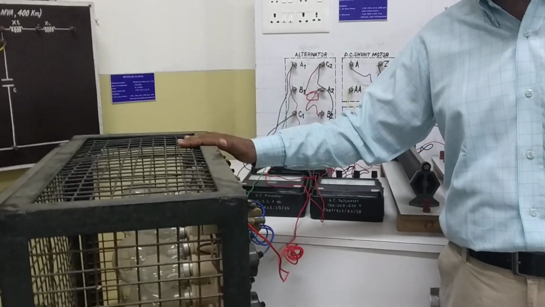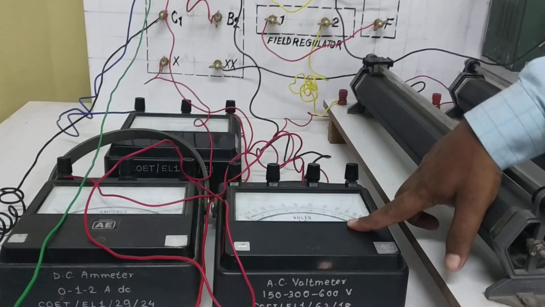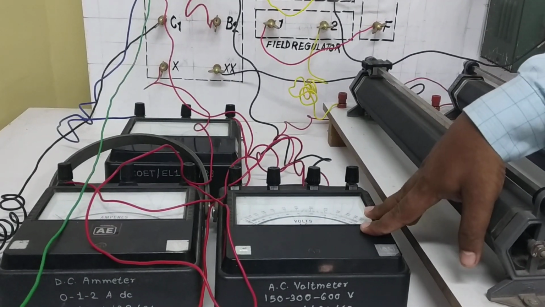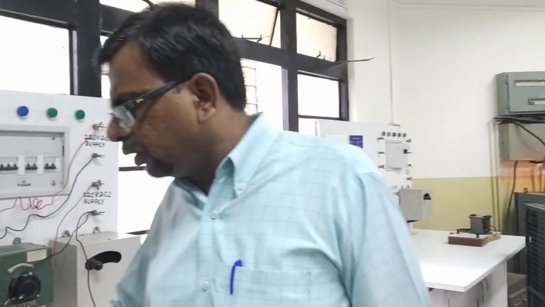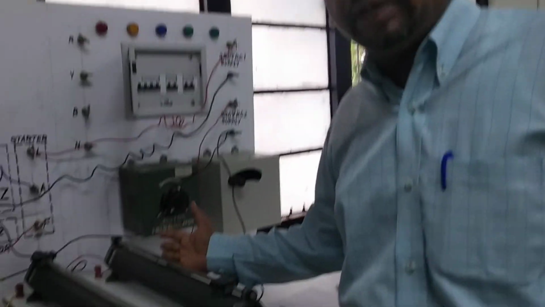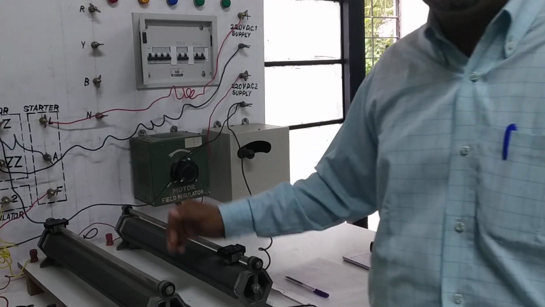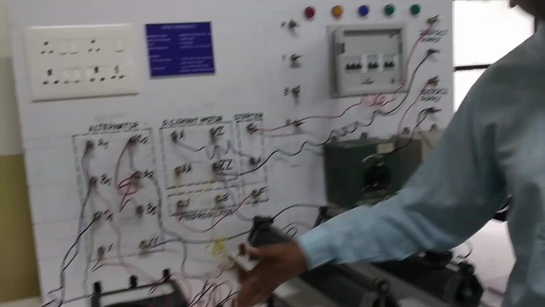So what will happen because of this? The speed of the alternator, this motor alternator set, will increase, and there will be a rise in voltage that we will record here. So this is the change in the voltage, or the rise in the voltage, when the load is thrown off at rated condition. Subsequently we are going to reduce the field current, and for the corresponding value of the field current we are going to record the change in the voltage. This will give you the value of the regulation.